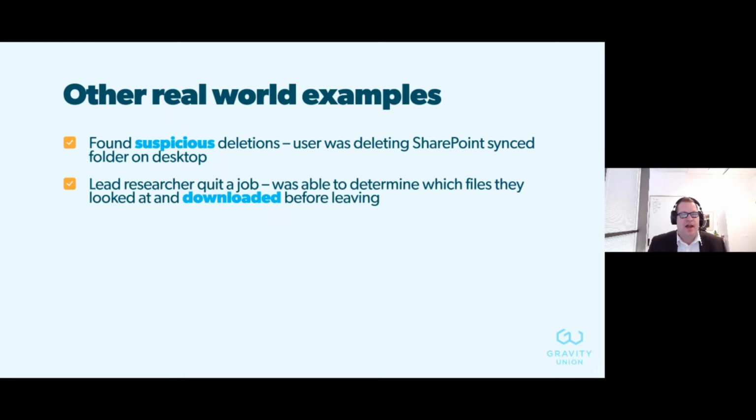lucky for us. Working with one of our clients, they had a researcher quit a job, and we were able to go and find out they had downloaded a bunch of information on projects that they weren't even a part of before moving to the new employer. So they were able to send some scary legal language to their new employer about not going to market with